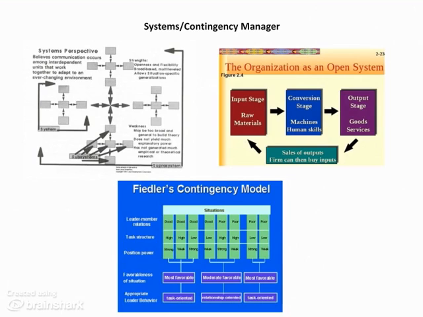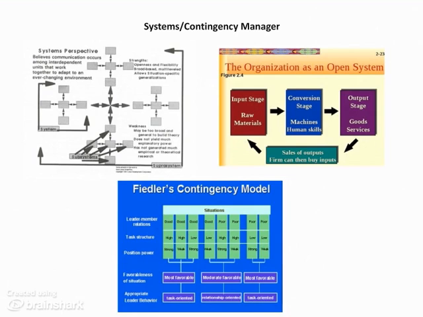Now, contingency theory contends that no one type of structure or leadership is most appropriate for all situations. Fred Fiedler's theory of contingency concludes that managers learn to identify and modify situations to fit their communication and leadership